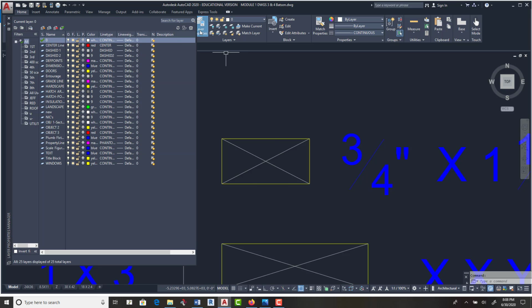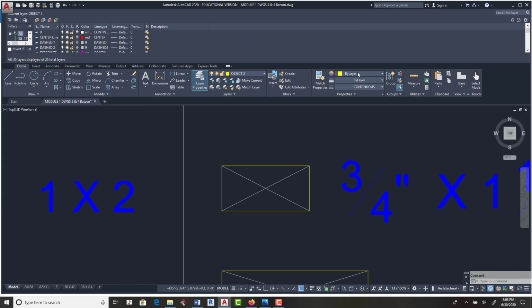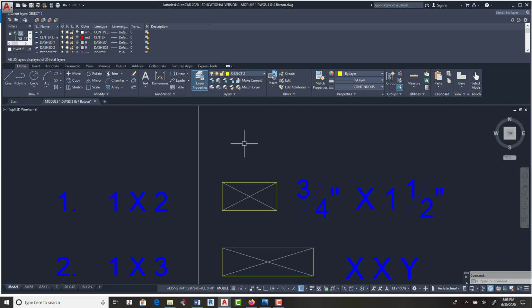Now, the wood members are not section lines. They're not the major lines, so they are the object 2. Double click on object 2, and they should be yellow. Object section by layer, and it should say, yeah, it's continuous. So they're not dashes, so that's good. So now what you're going to do is you're going to